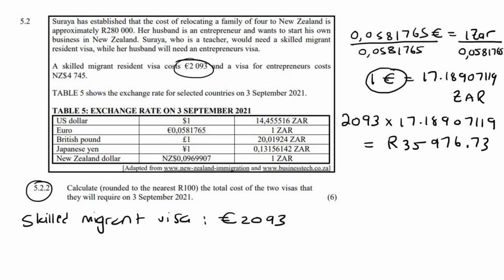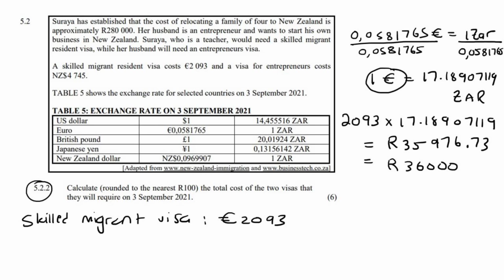Now they said round it to the nearest 100. So we can say that'll be 36,000 rand if you round that to the nearest 100. Okay, so that is for the skilled migrant resident visa, and then the one for the entrepreneur was the